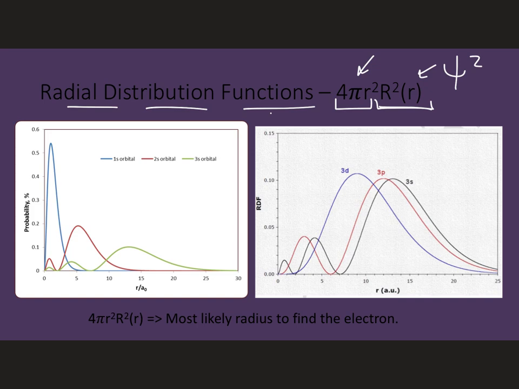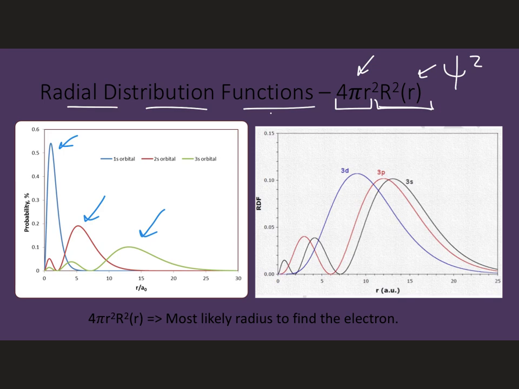Over here on the left-hand side, let's look. I've got the 1s orbital, and notice it peaks very close to the nucleus, very small radius. The 2s peaks farther out, and the 3s peaks out even further. But also notice there are other peaks. So for example, for the